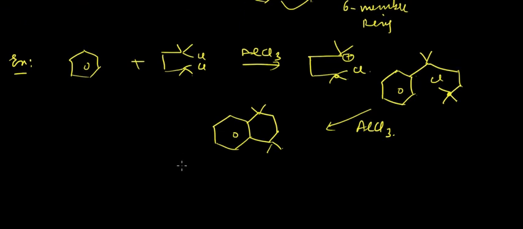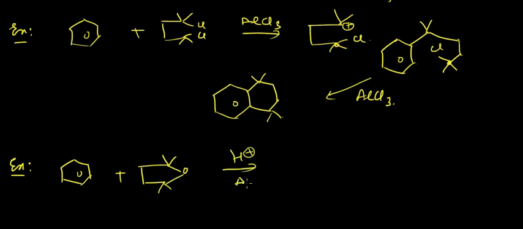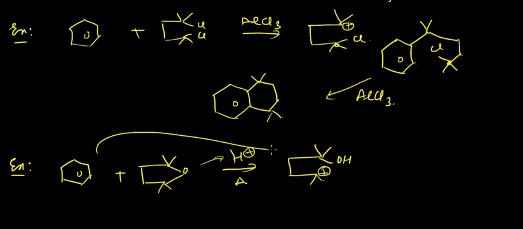Okay, let us look at the last example for this video lecture. We will have something like a benzene ring and some compound like this, and we are passing it in presence of H plus and heating it. Okay, this is the ether. Alcohols and ethers are stable in basic medium, not in acidic medium, hence it will undergo reaction, and we will get something like OH here and a positive charge here. Okay, again benzene will attack on this positively charged carbocation,